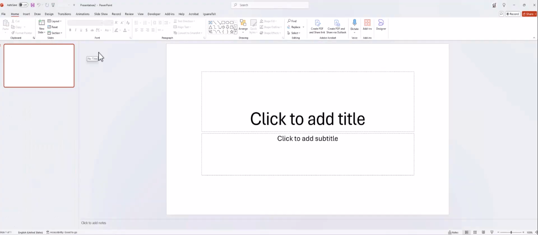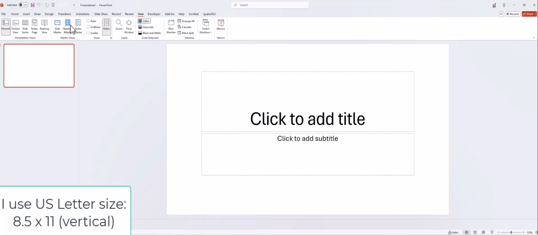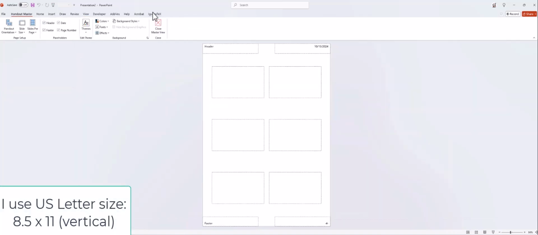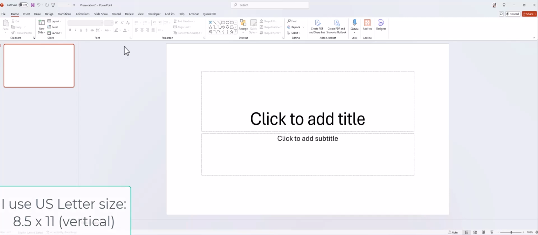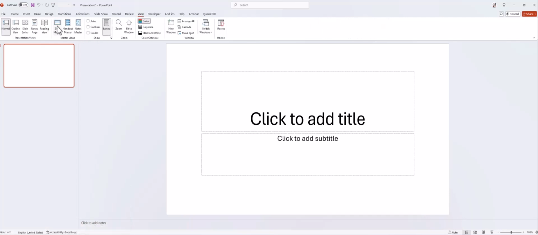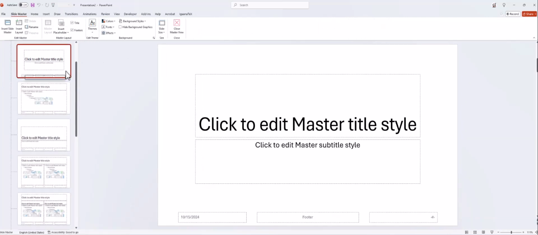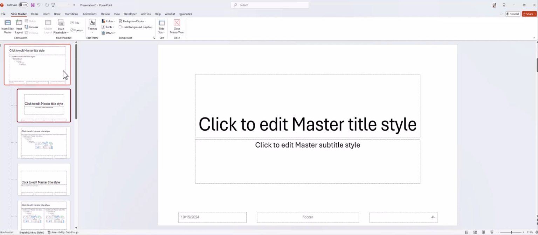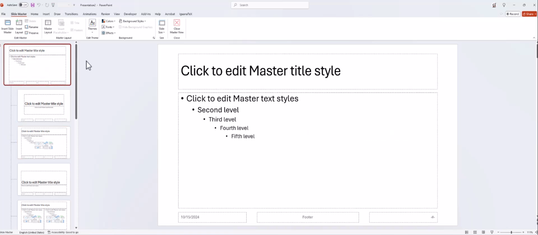Now what we're going to do is we need to change the size of this slide. And it's actually going to be our paper. I go into View, Slide Master. Now I'm going to scroll up just a little bit. This top one is called the Master Title Slide, and whatever I do to that one will repeat in all of these. But the first thing that we have to do is we have to change the size of our